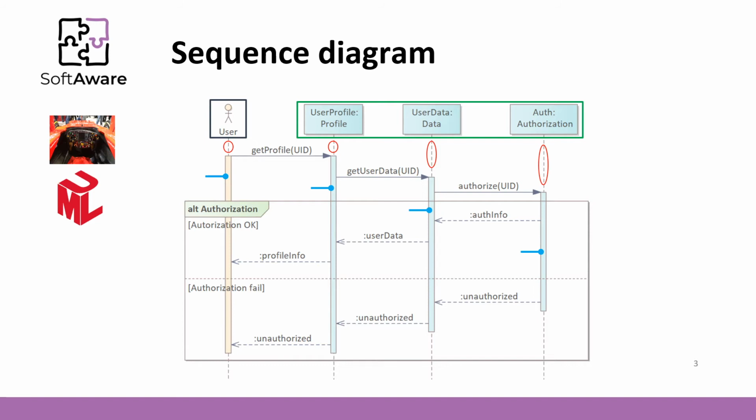Activation boxes represent the time needed for an object to complete the task. The longer the task will take, the longer the activation box becomes. So this, as you may have noticed, can be a good indicator to judge the performance of the proposed system for the given sequence diagram.